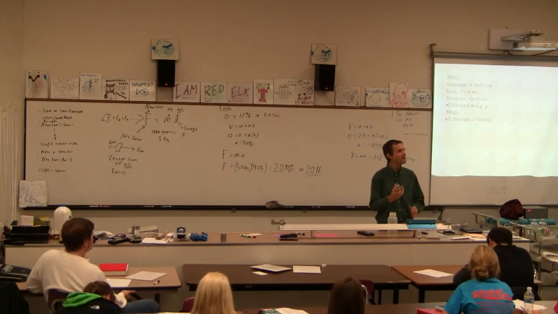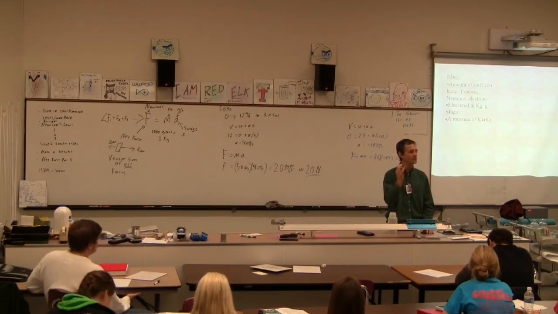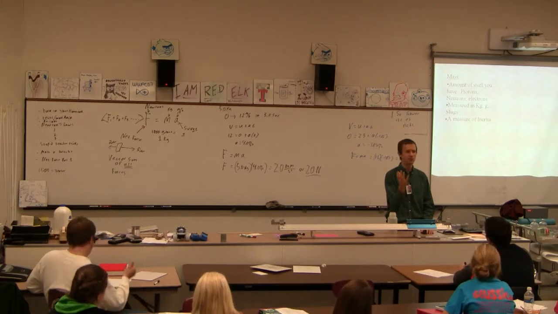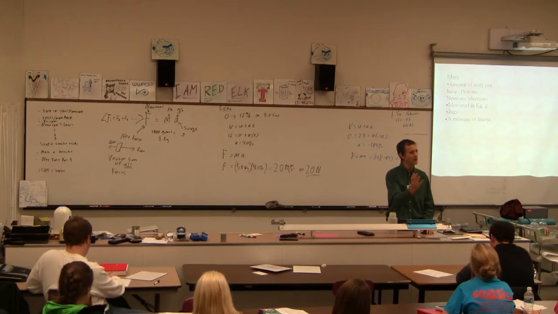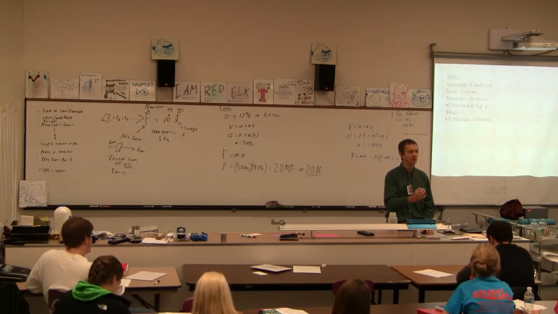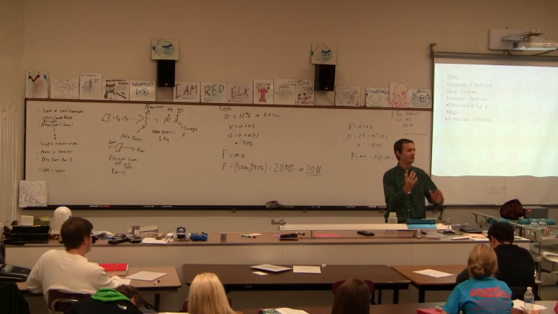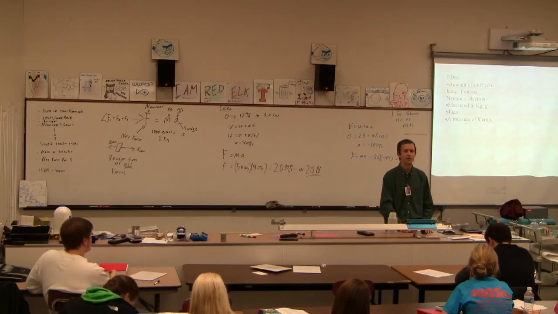Now let's think about this. There are 4.45 newtons to a pound, so a newton is about 1/4 of a pound. That's not very much force. And a meter per second squared is 3.281 feet per second squared. So think about this. With a slug, you're exerting more than 4 times the force, and it's accelerating at less than 1/3 the rate. So is a slug a bigger mass or less mass than a kilogram?